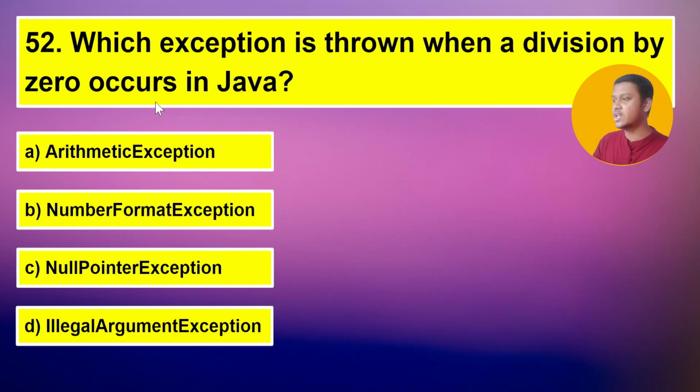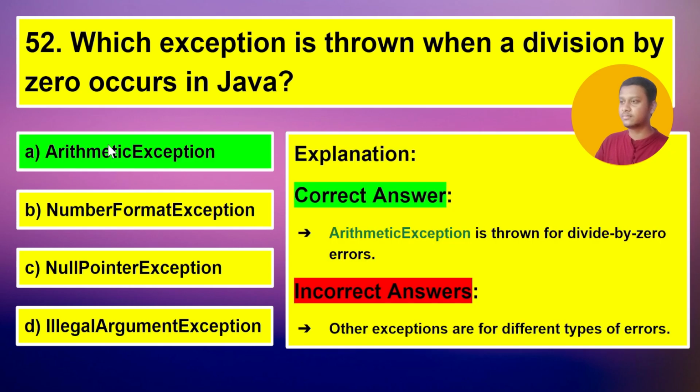So our next question is, which exception is thrown when a division by zero occurs in Java? Arithmetic exception, number format exception, null pointer exception, or illegal argument exception. So here the correct answer is arithmetic exception. As you can see, arithmetic exception is thrown for divide by zero error, and other exceptions are for different types